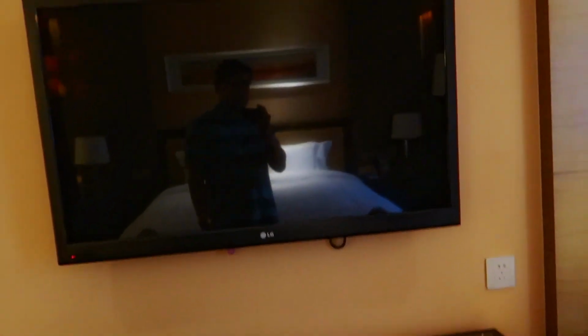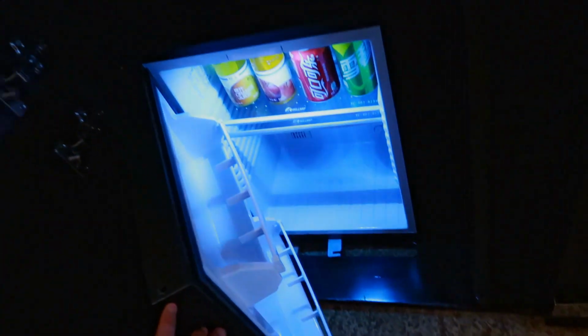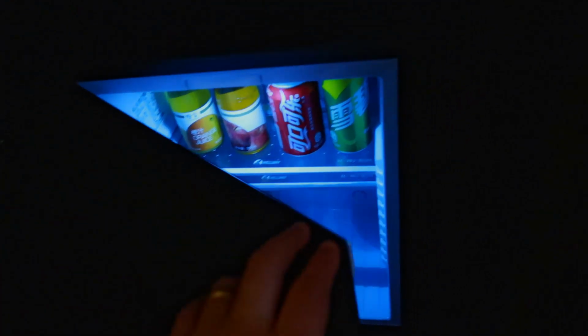And here is a flat screen TV. And this, guys, is actually a cabinet. Wait, what's this? Okay, that's a TV remote. This one is also a cabinet, I guess. Yeah, it is. And inside, what's this? Oh, here. It's a fridge with some drinks. Coke and Sprite. And some juice. This side is...